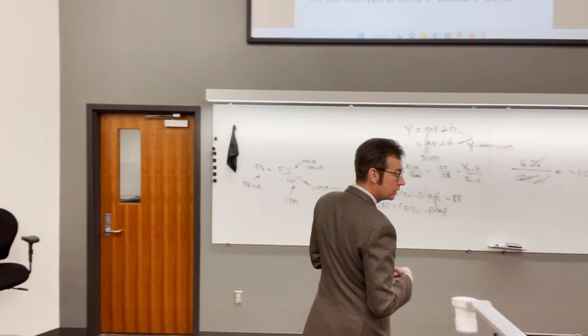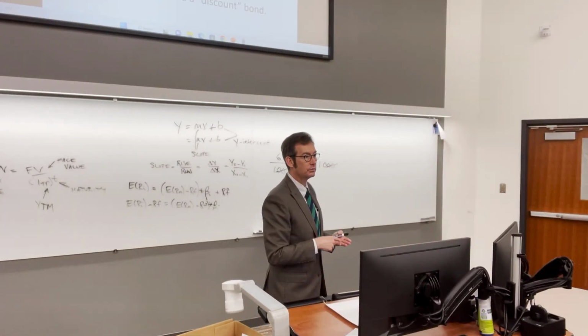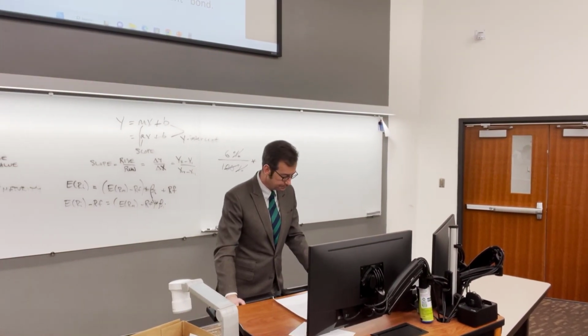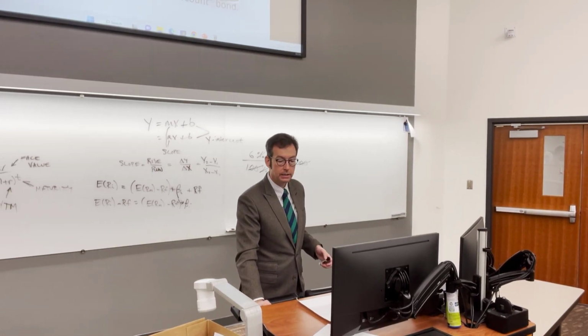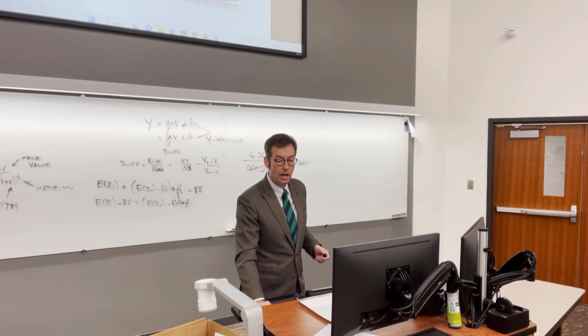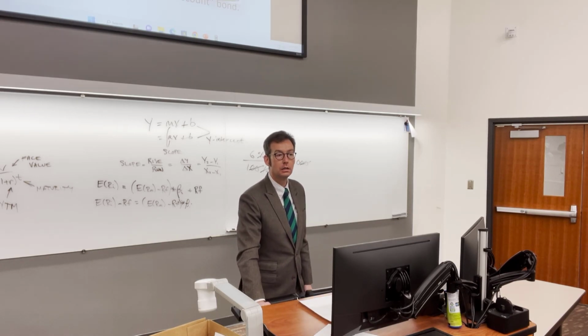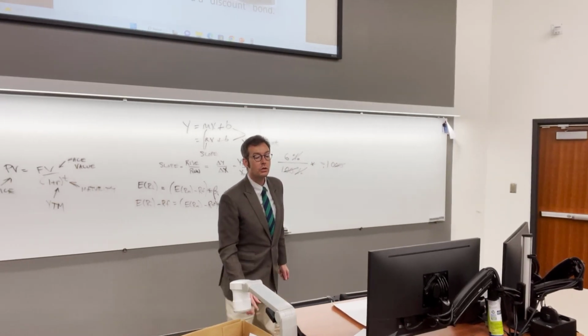All those other numbers are still in your calculator. If you wanted to see, you could just type recall PMT, recall future value. It's all still there. So here's what I'm going to do. I'm going to say 7 I/Y. And so that's the only thing that changed. What would I do now to compute the price of the bond? Compute? What am I computing? PV, very good. And now we're looking at negative